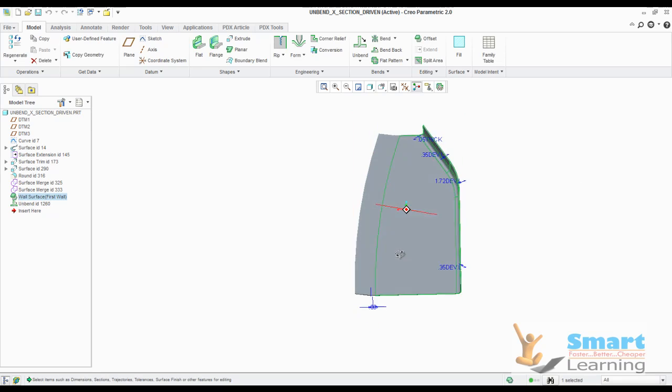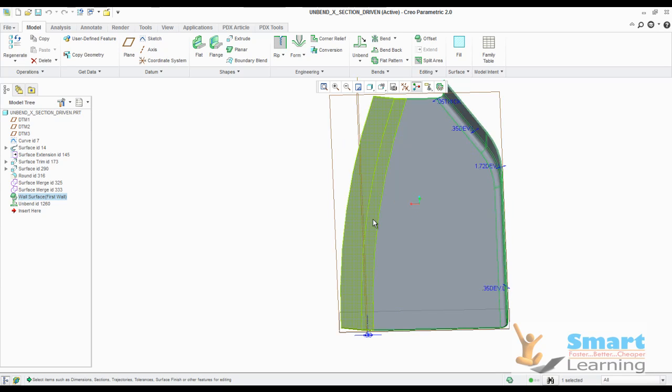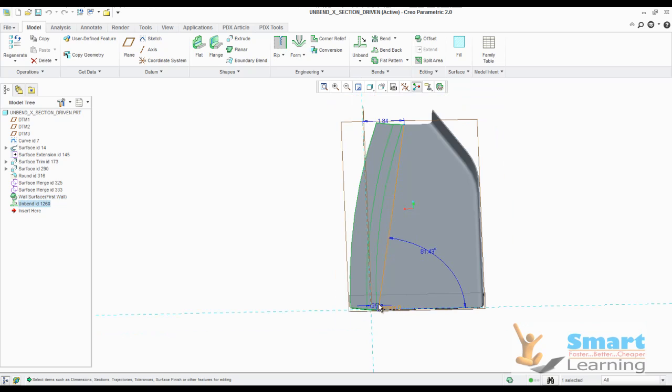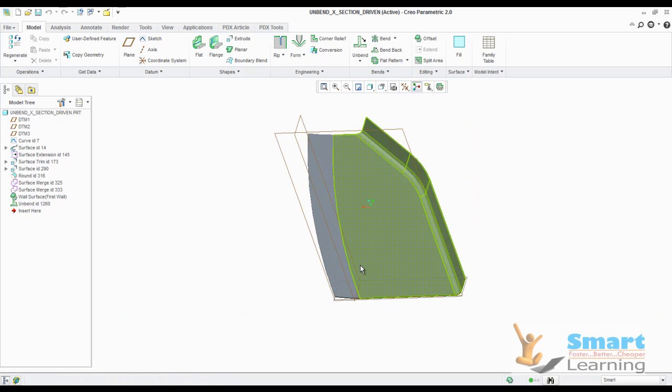Now you can see with respect to this particular bend line control, the whole scenario will be defined here. You can see this is the neutral line with respect to which the whole scenario will be converted. So in this way you can have a sketch driven bend line based flatten, or you can have the edge itself which you select for driving as your flattening direction for reference.